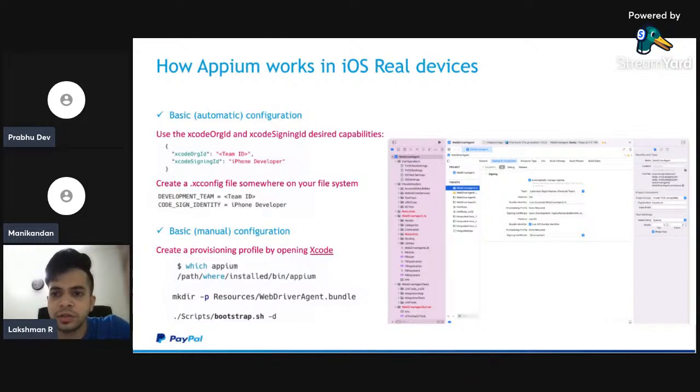To be precise, if you have an IPA file that has to be installed on your real device, there is a prerequisite. First, the WebDriver Agent should be installed. It constantly checks whether the WebDriver Agent is present or not, and only then will the respective IPA file be launched on your real device. So it's a key point, and I would call it a prerequisite. Next slide.